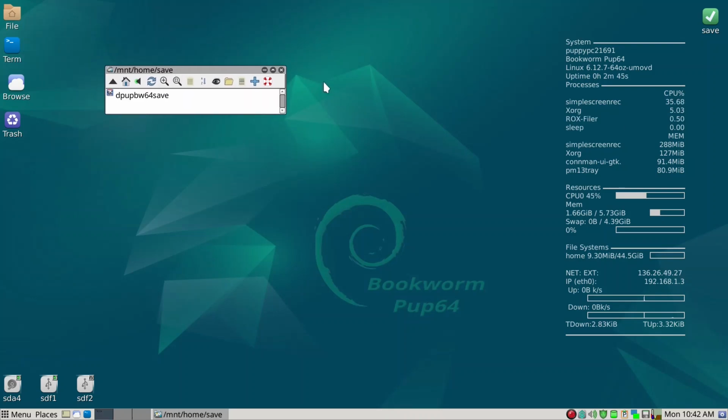Everything is working, so this is how you can install a Bookworm PUP64 in a legacy BIOS internal hard drive. I hope